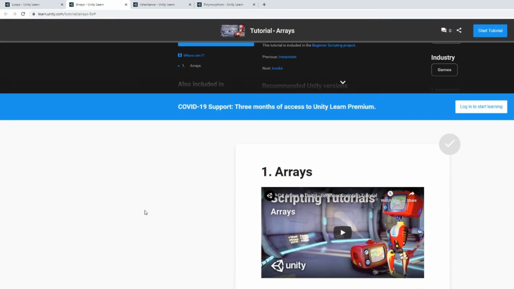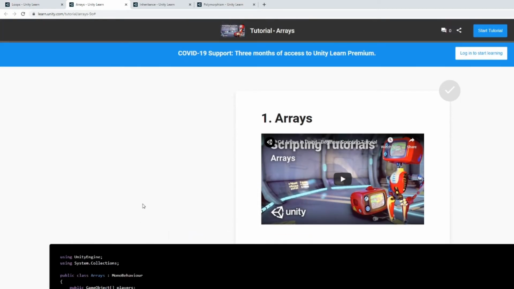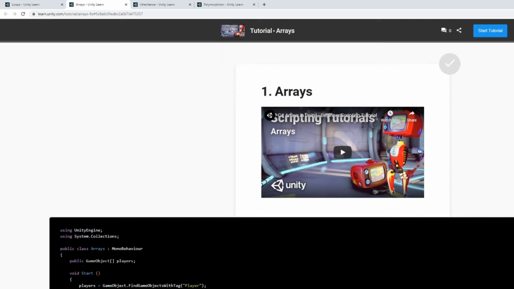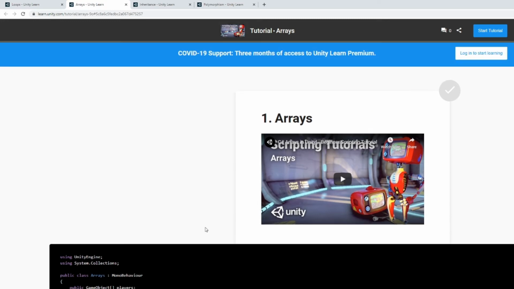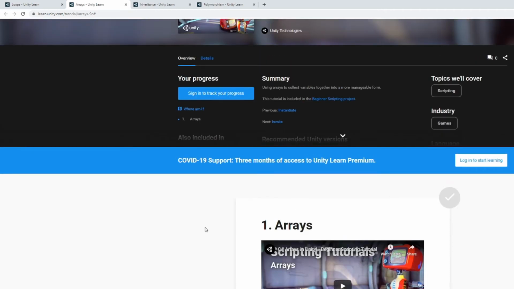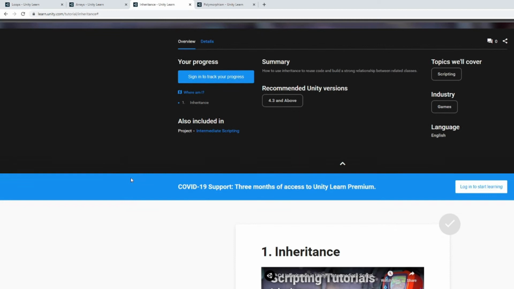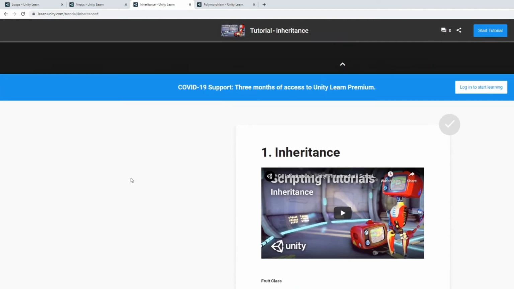All these links will be in the description of the video, but arrays are basically like lists of objects, and we can loop through those and reference different objects within that list or within that array. Arrays have a fixed length, so that's just something that we need to be aware of. And then after that, we're going to move on to inheritance, which is a new sort of approach to